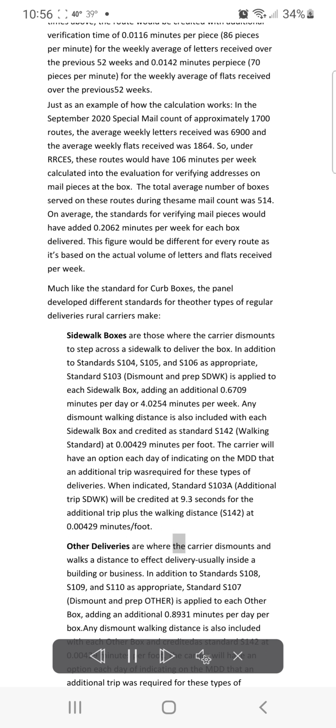Other deliveries are where the carrier dismounts and walks a distance to effect delivery, usually inside a building or business. In addition to standards S108, S109, and S110 as appropriate, standard S107, dismount and prep other, is applied to each other box, adding an additional 0.8931 minutes per day per box. Any dismount walking distance is also included with each other box and credited as standard S142 at 0.00429 minutes per